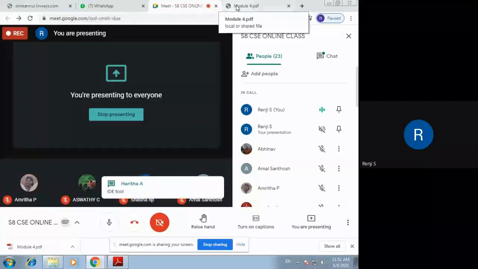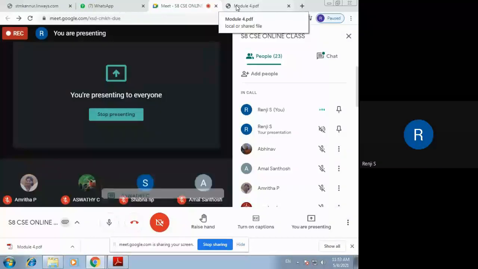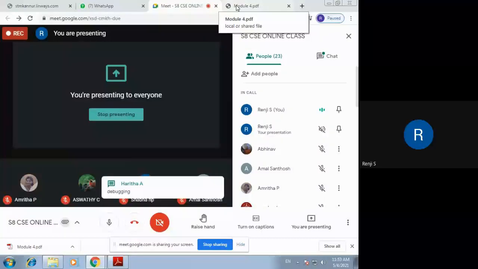Yes, you have the IDE tool. What is the purpose of IDE tool? IDE stands for Integrated Development Environment. Yes, it is for developing and debugging the firmware. IDE tool is for developing and debugging the firmware. Then you have the EDA tool. These are 2 utility programs that come in a CD.